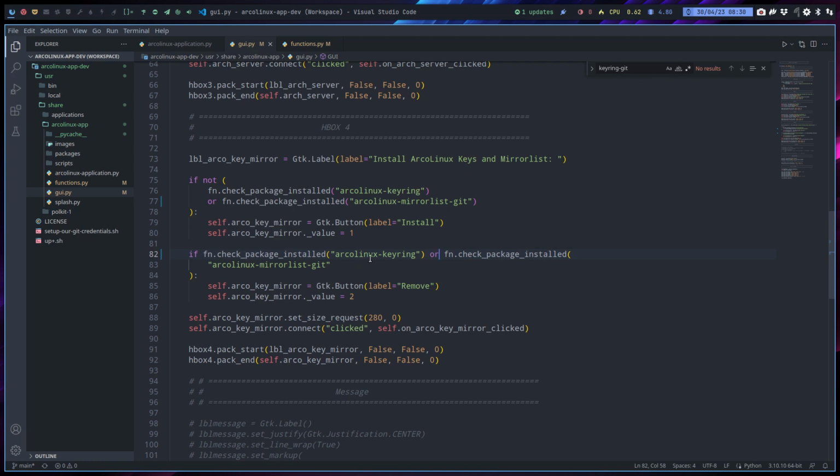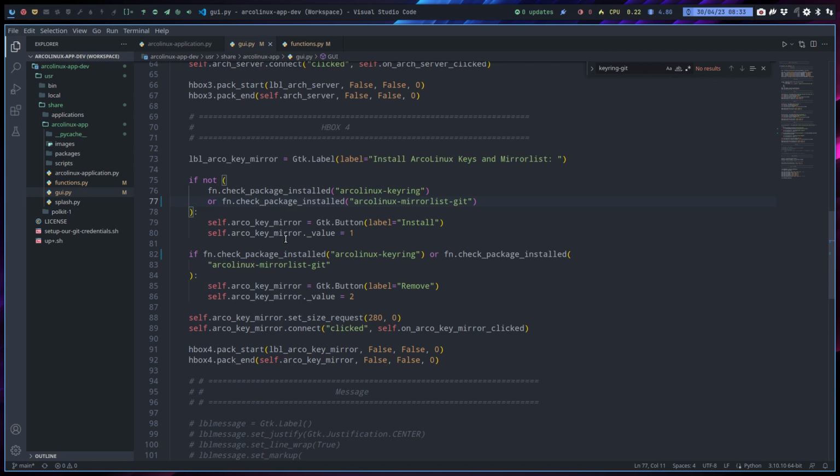So why would we say end here? If the check package is true, and the other one. So what happened was, I think last night, that it can happen that one of them is not installed, one of them is not there, so they have to be both there. So if this one is not there, the or thing is in here currently on the GUI, and if not or,